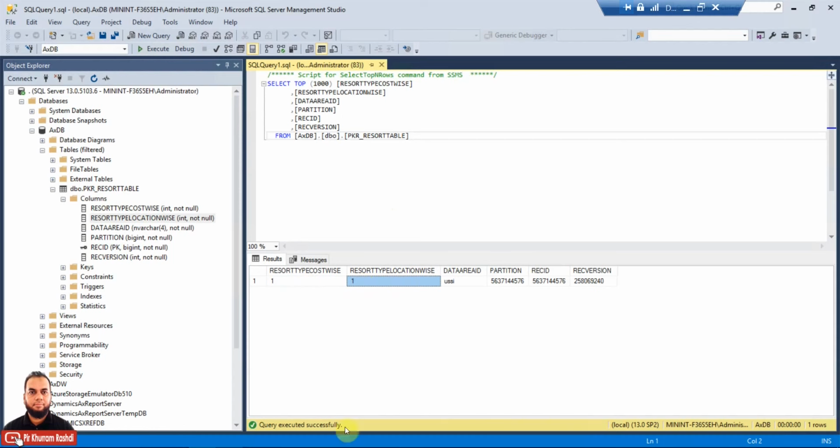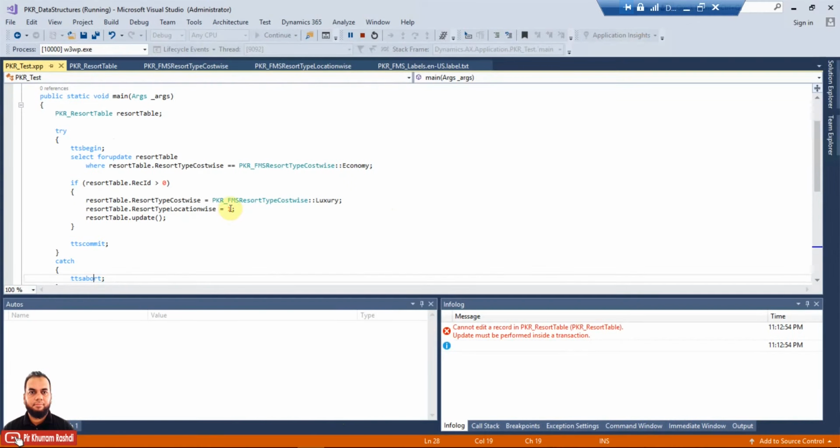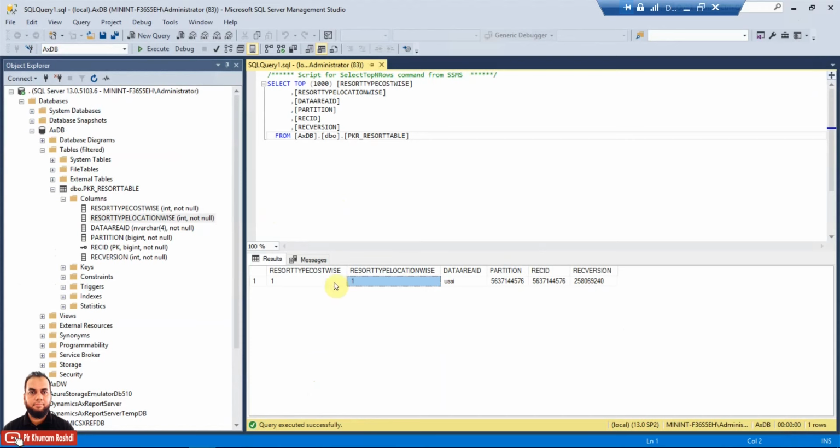So we have used the statement in both ways, by giving an integer value and also by giving an enum value style, that is a literal. In both cases the update is the same to the SQL server. So in the SQL table we can see here that the values are ones in both cases.